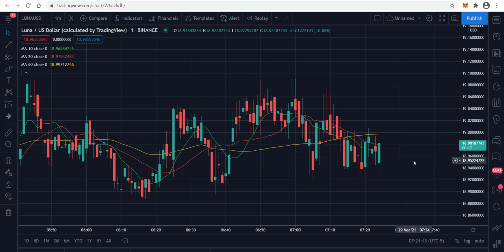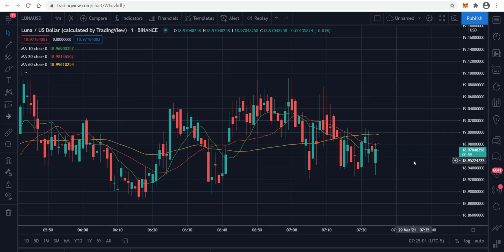But what's most important is just the realization that if you can manipulate time, if you can look at these charts on different time frames, it'll either validate what you think you see in the chart, or it will show you something that might be hidden because of the time frame that you're looking at. And that's why it's so tough sometimes to use technical analysis purely on daily charts,